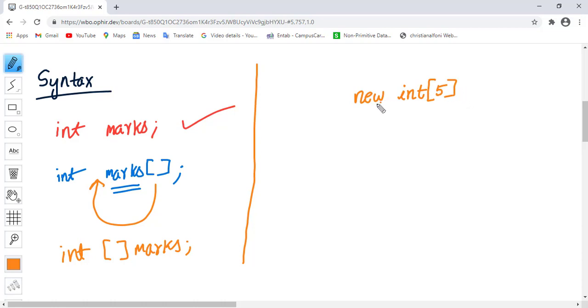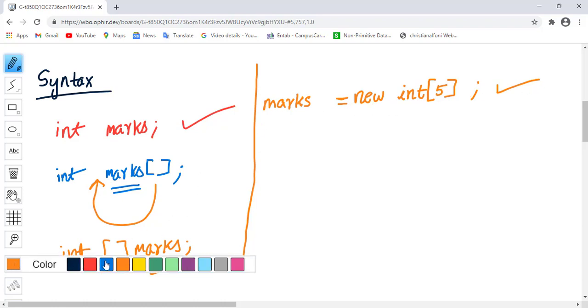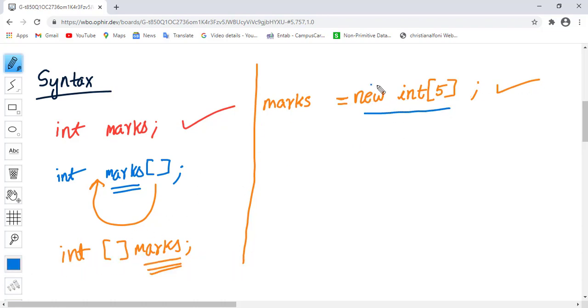So by writing this new int, you are creating an array. Now we have to connect this array with an array variable. We have already created the marks array here, so we can connect this by writing marks on the left side of the assignment operator. So by doing this, we have created the array and connected it with the array variable.